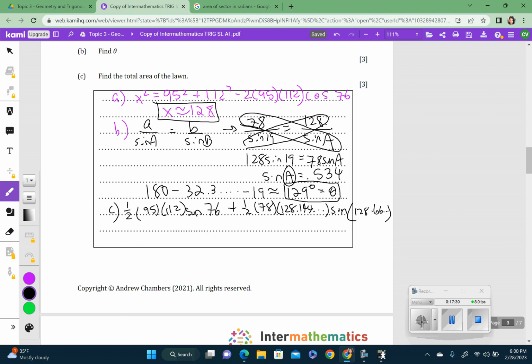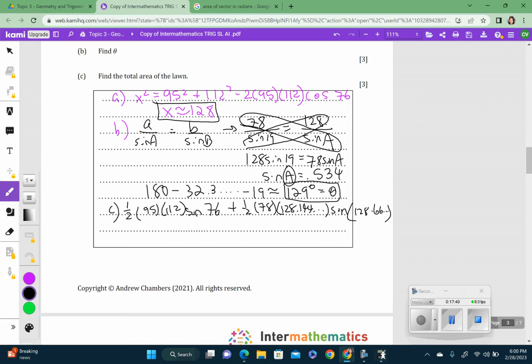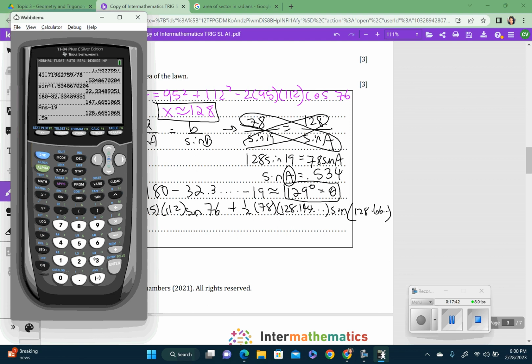Okay. So now you take this whole thing, you plug it into the calculator, right? So 1/2, 0.5, times 95 times 112. You could plug this in, right? 95 times 112, sine of 76. Let's close those parentheses. Plus, here's where we use some rounding things. So 1/2 is 0.5 times, this was 78. So that's straight a number, times 128. So that answer is,